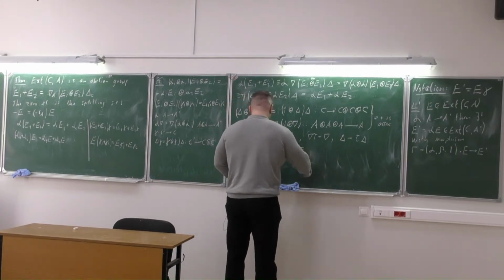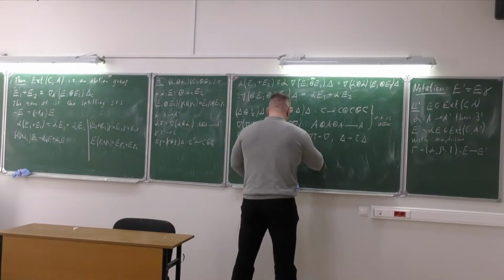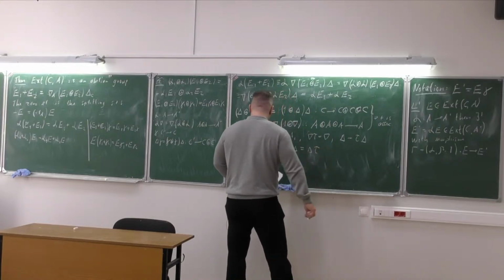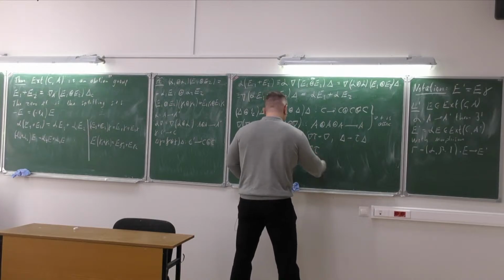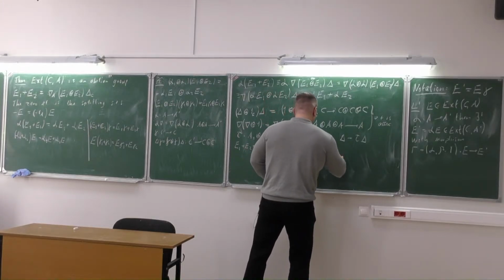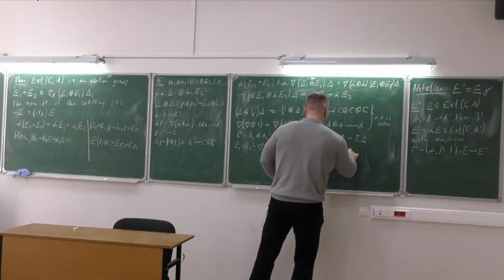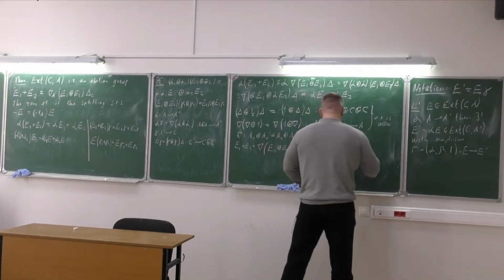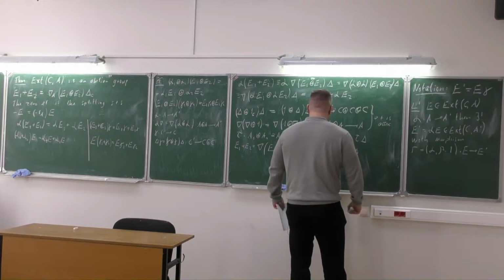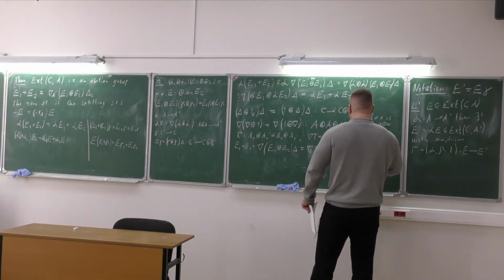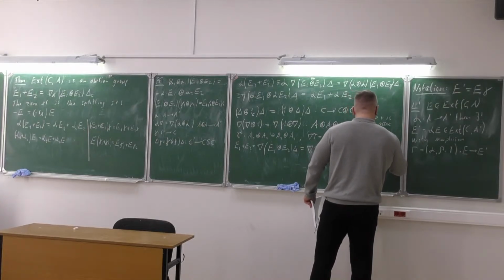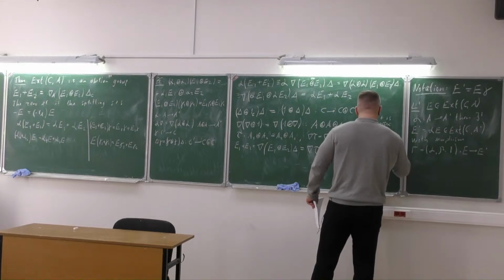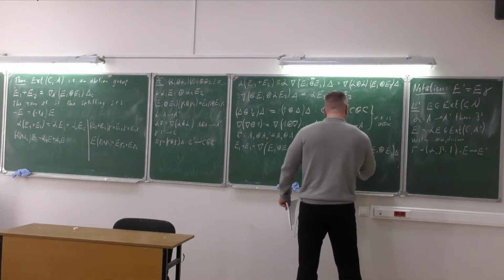So then I can insert the tau after the codiagonal. Right, so the tau acting on the E1 plus E2 gives me E2 plus E1, but the rest of the formula is the same. So this is